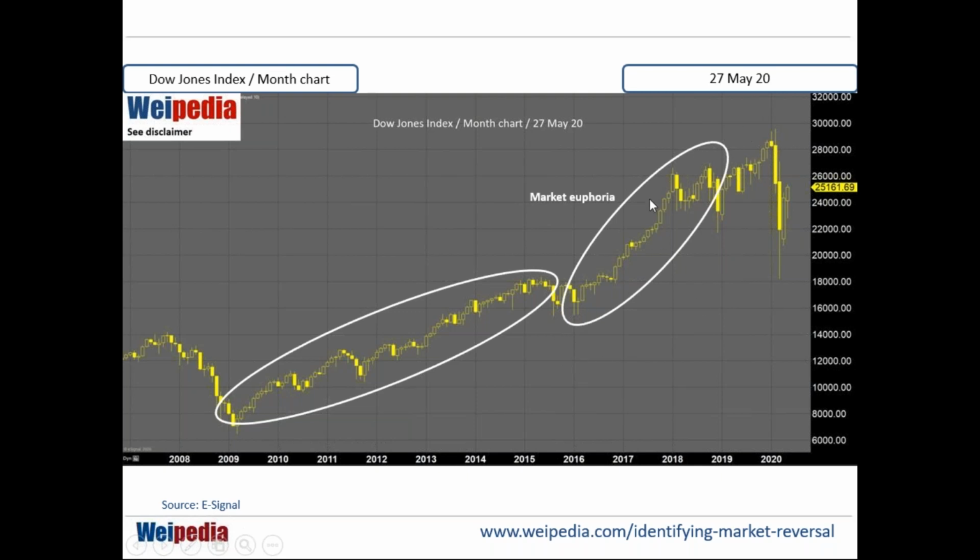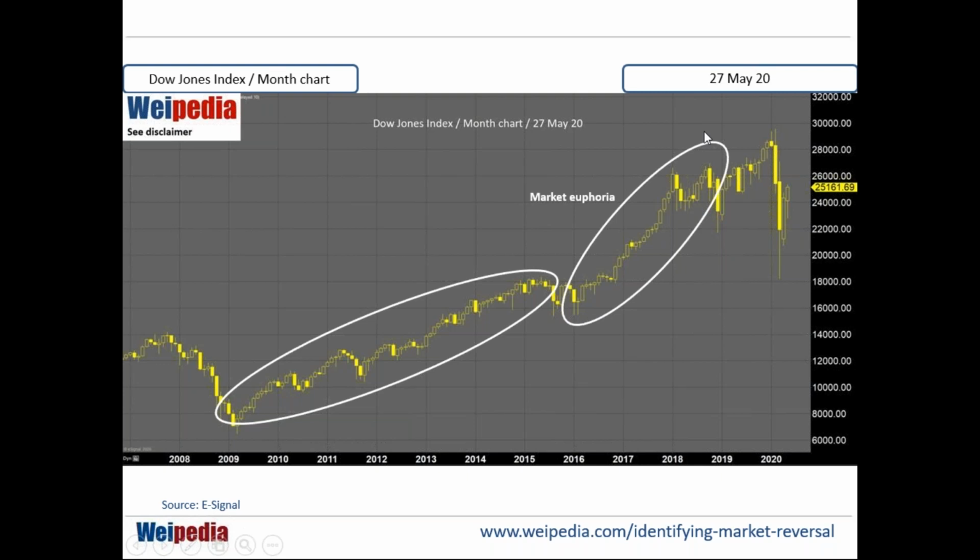Now, how do I classify that the market is euphoric? On the growth stage, you could see the gradient is about 45 degrees or slightly so. How can I tell when the market is euphoric? When the market is euphoric, you can see that the gradient is so much steeper than the growth stage. You get a sense that the market is chasing after something. They don't care about the value anymore. They just want to buy because of FOMO. What is FOMO? FOMO refers to fear of missing out. So they just don't care about the price. They will race after the market.